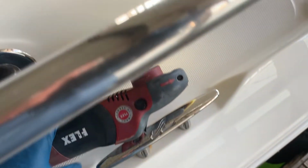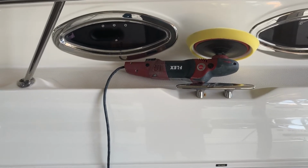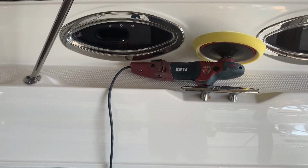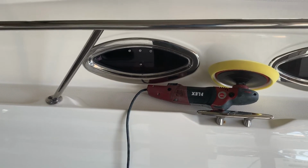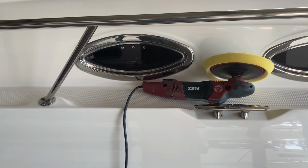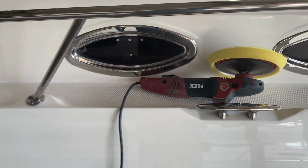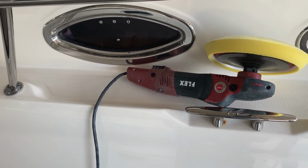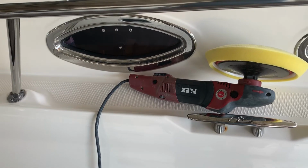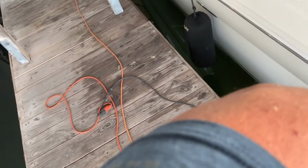So overall, super pleased with the product. I'm probably going to be buying another 1 or 2 this season, just because I worked the first half of this season using my DeWalt and my Makita, and to be honest, it just killed me. I'm a little bit older now. I've been doing this many years, and I did several boats on my own and then with help, and just did a ton of work, and it just really tore me up. Basically, I've got tendonitis in my elbow